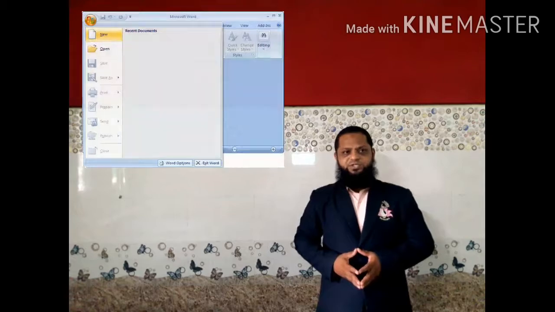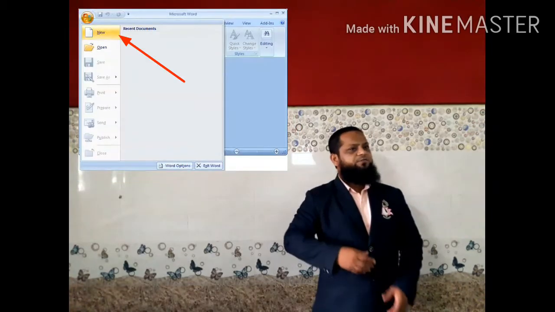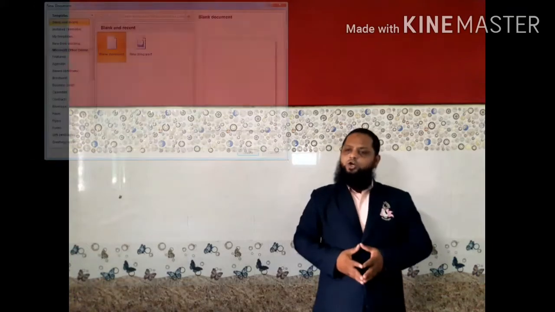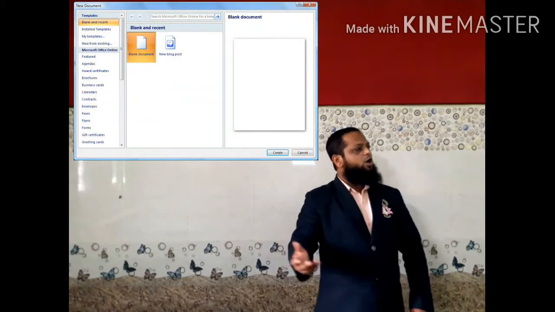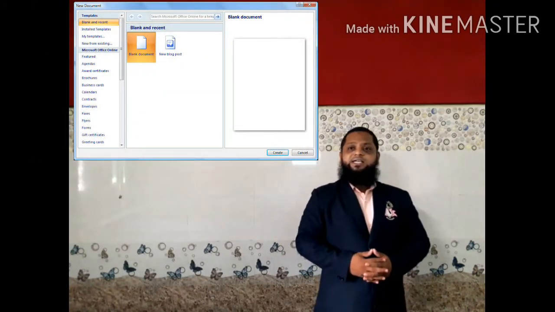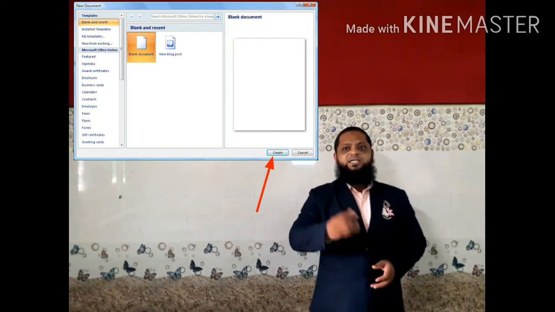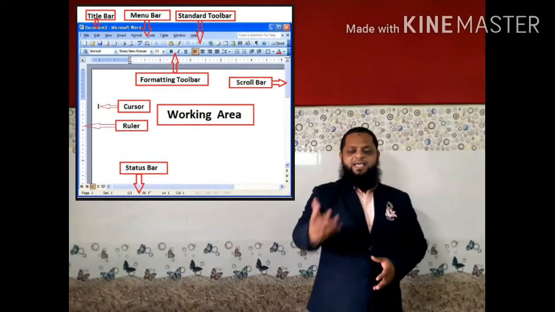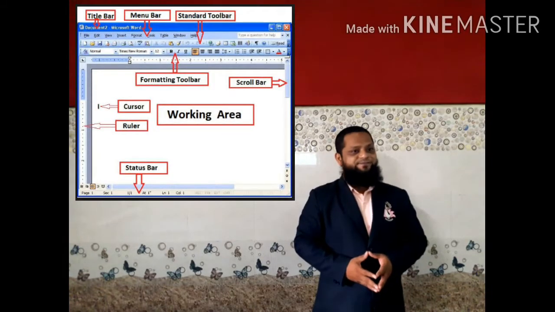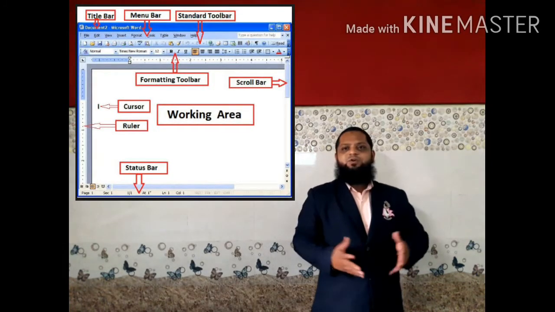select the New option from the File menu, select the blank document and click on the Start or Create button. Click on the Create button. You will get the new Word file. Type your text,